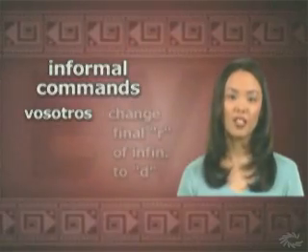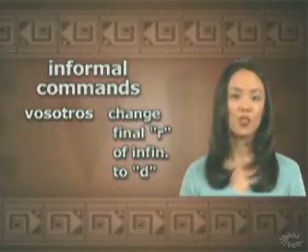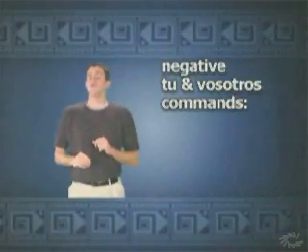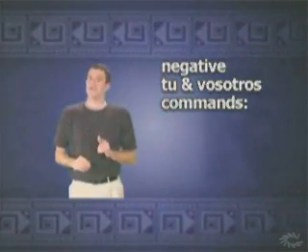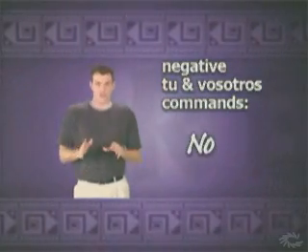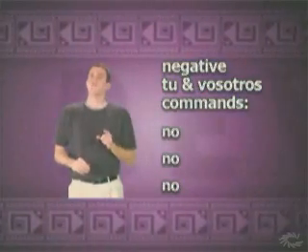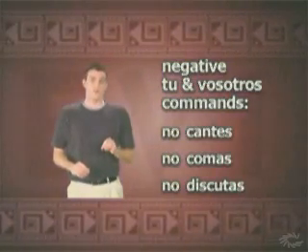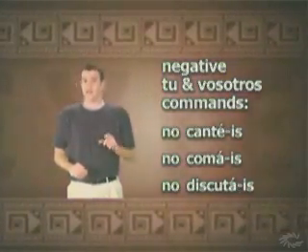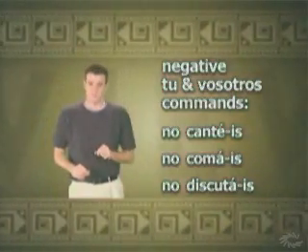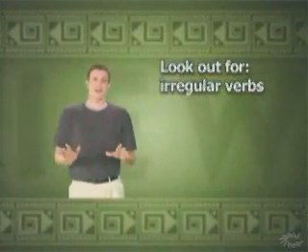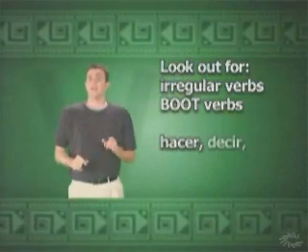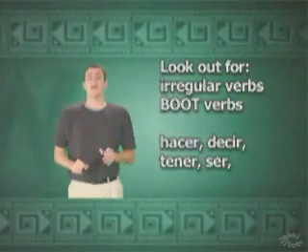For vosotros, just change the final R of the infinitive to a D. For negative tú and vosotros commands, you have to do more than just add no. You do start with no, but then you add the form of the formal command singular, and add s for the tú form, or is plus an accent on the last vowel for the vosotros form. Oh, and be on the lookout for all kinds of irregular verbs, especially the boot verbs, like hacer, decir, tener, ser,